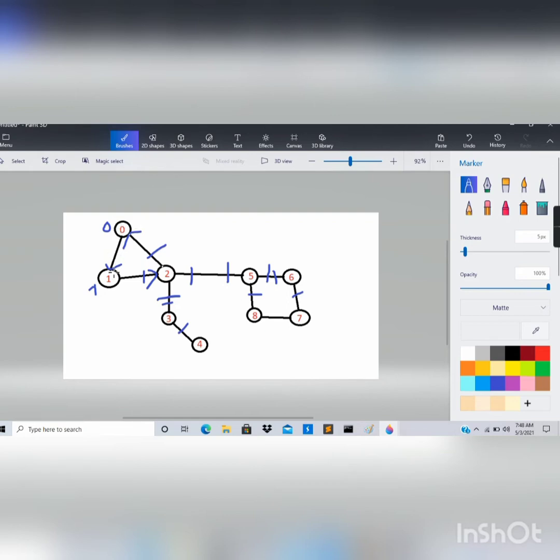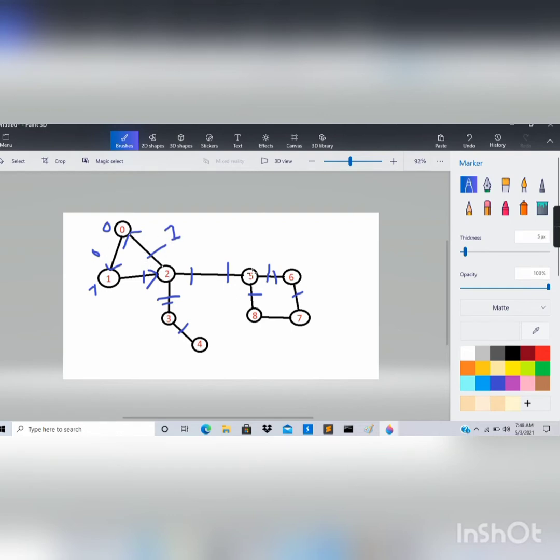From node 0 to node 1 this was an unvisited node, so we added edge 0 to 1 and we keep a value that it's a direct edge and it's not a back edge. So we pass a value of 0 along with it, so that we know that this is a direct edge and not a back edge. Similarly, node 2 to 0 is a back edge, so to notify that it's a back edge, we'll pass a value 1 along with it.